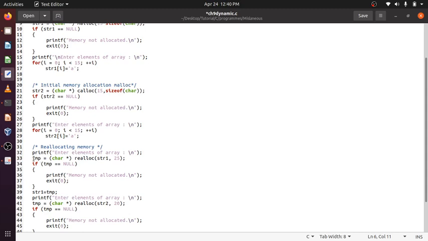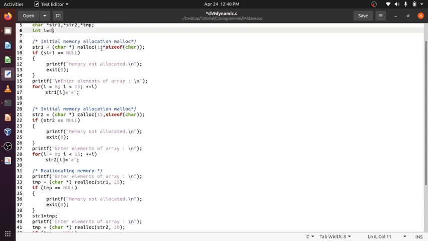Otherwise, if I directly write str1 here and memory is not allocated, then str1 will be replaced by NULL, and I will lose the value that I put in through malloc. Like here, the malloc call is successful but the realloc is not successful. The malloc call is successful, 15 bytes allocated and pointed to by str1. After that I gave a value to it.